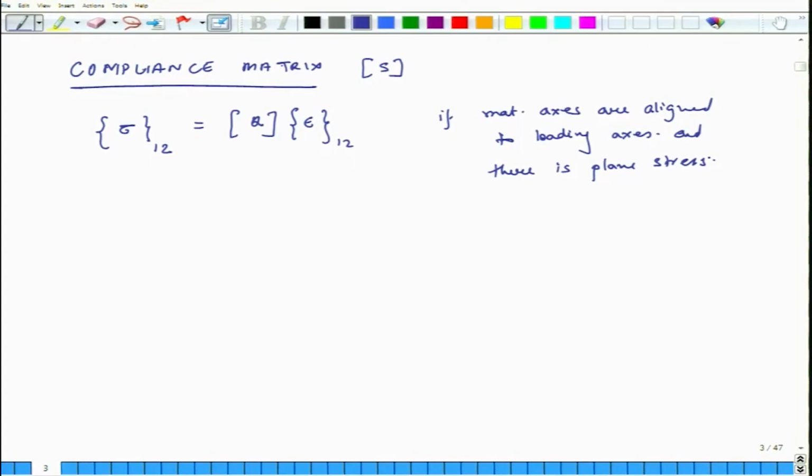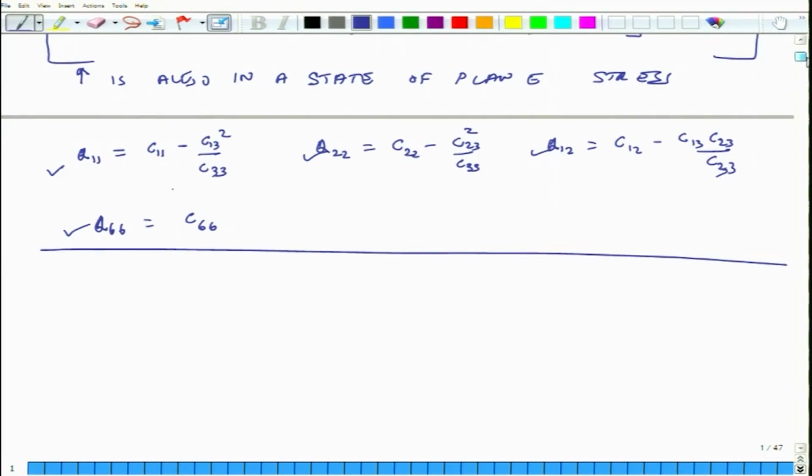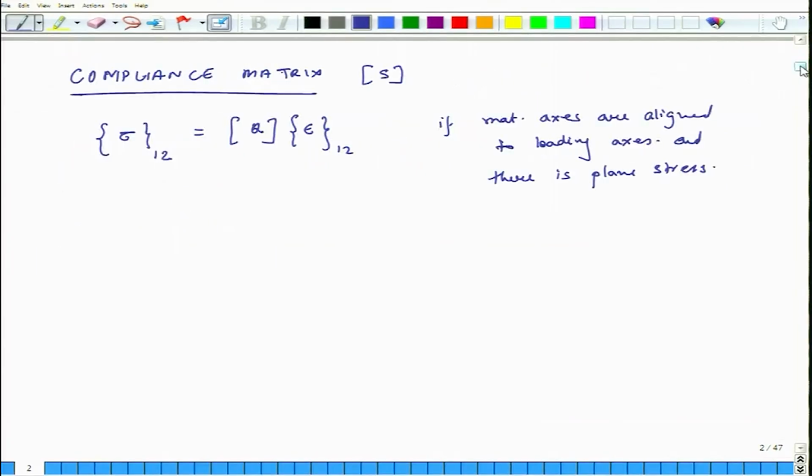Okay. So, if material axes are aligned to the loading axis and if there is plane stress, then this is the relation, and we have defined the nature of the Q's here, we have shown this. Okay. So, now if I multiply both sides by the inverse of Q, then what I get is